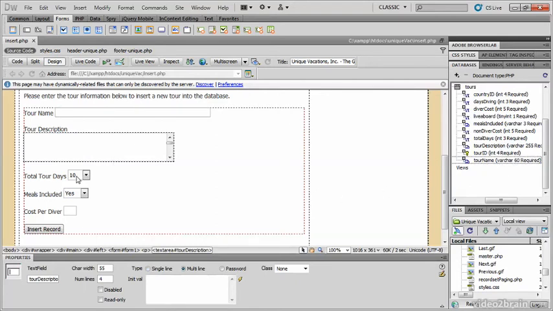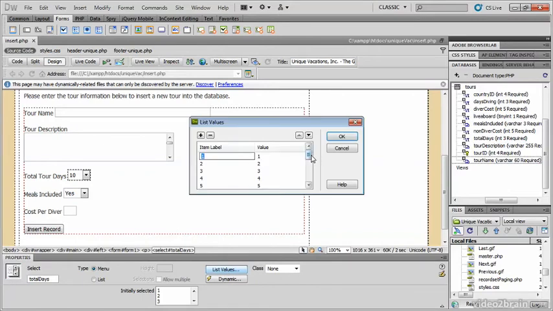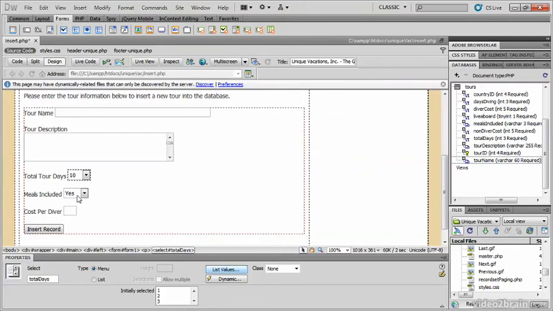Tour days, what I've done is put these two into a drop-down menu. That way I can assure that the correct information is being plugged in. Now, our total tour days do not go longer than 12, so what I did was put it in a drop-down menu, so I don't have to worry about the user picking a particular number or entering it correctly. They just choose one here. I did the same thing with the menu itself. It's either yes or no, so that will populate accordingly.